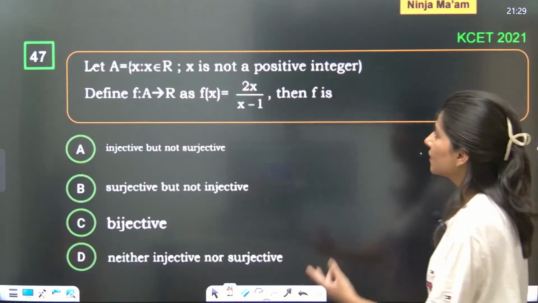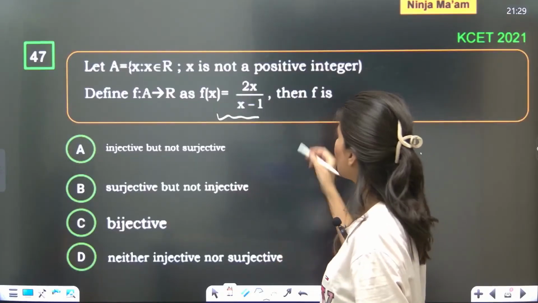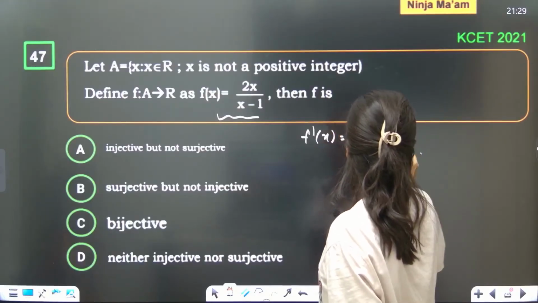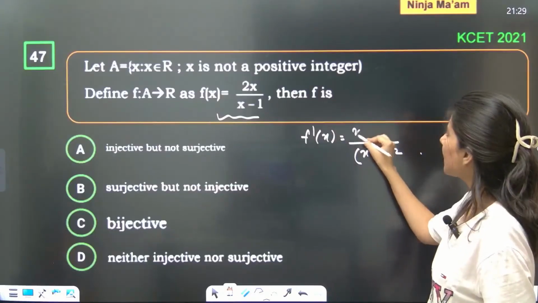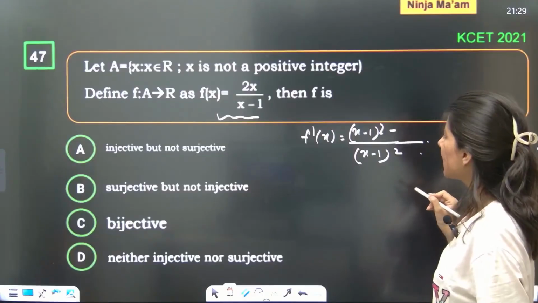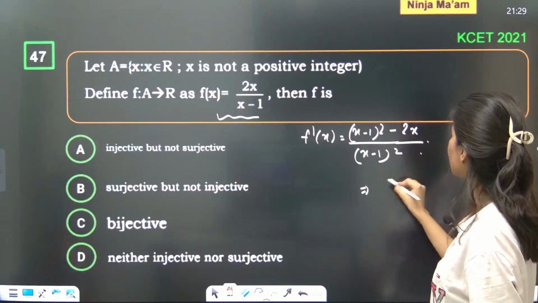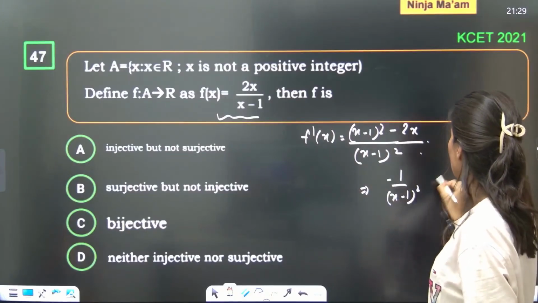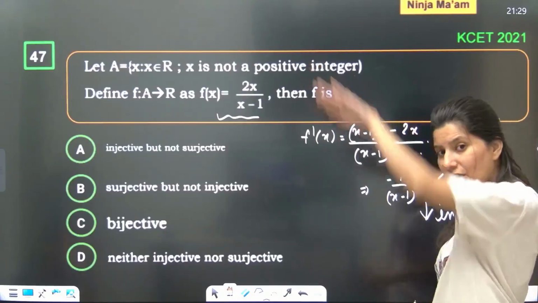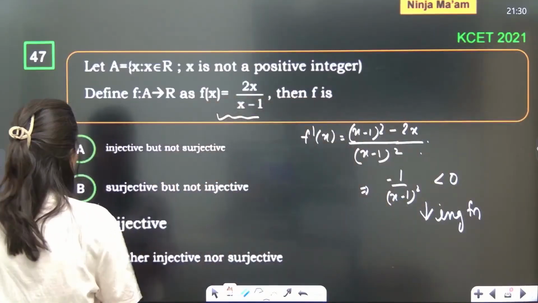Okay. Yes. So this is your function and they are asking whether this function is injective or not. So f dash x will tell you everything. x minus 1 whole square, with x minus 1 kept constant, 2 minus sign this time, 2x is kept constant. Okay, so 2x cancel, minus 1 upon (x minus 1) whole square, which is less than 0. That means it is a decreasing function. Now decreasing functions are always one-one functions. So that means option D is wrong, option B is wrong.